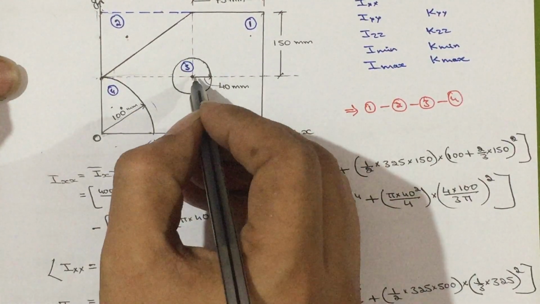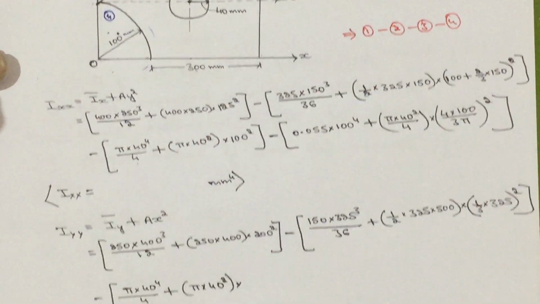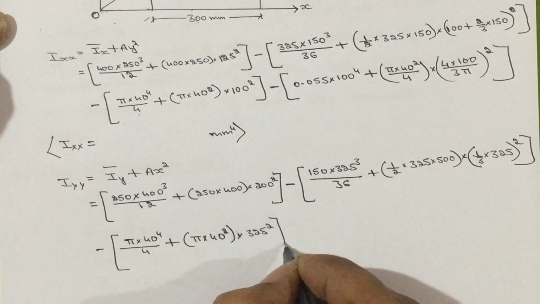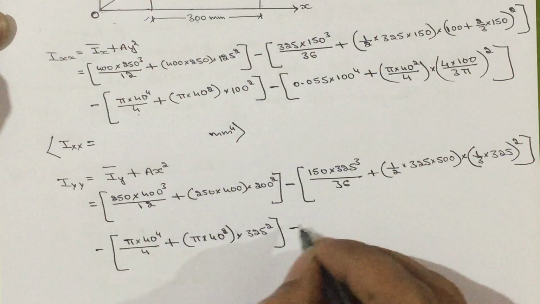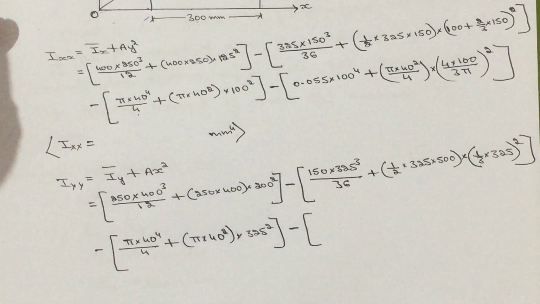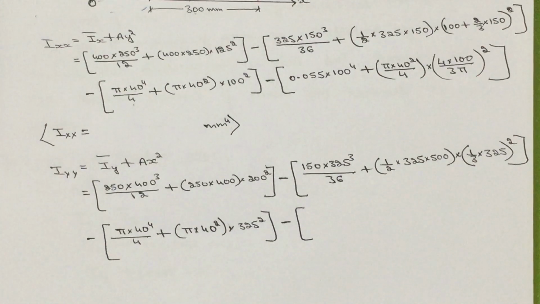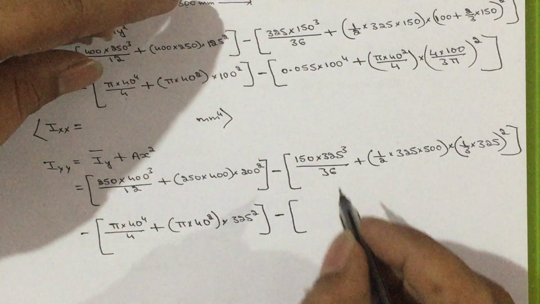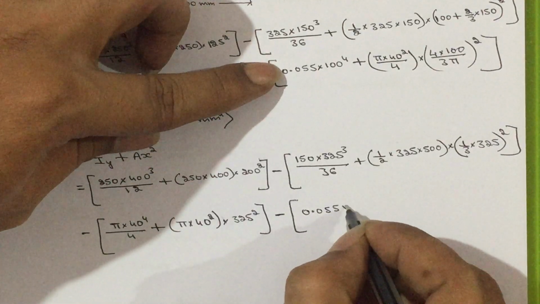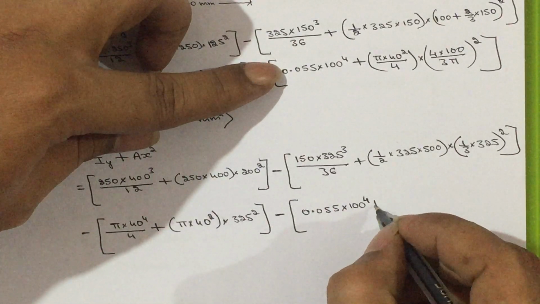From the y reference axis up to here I know the distance, it is already known, 325. So, write it directly, 325 square, then minus 4. I am following the sign convention as per the equation I have written. The fourth one is the quadrant of a circle. For a quadrant of a circle, Iy bar is given by 0.055 r to the power of 4, that is 100 to the power of 4,